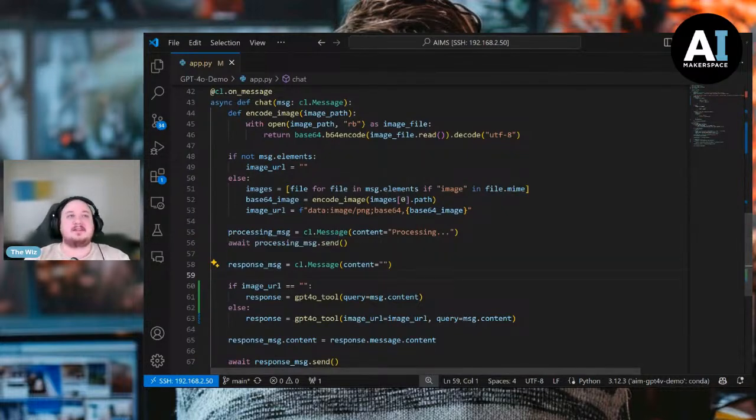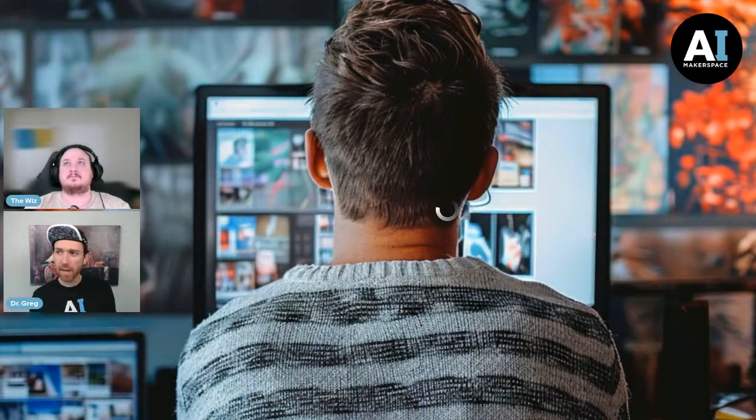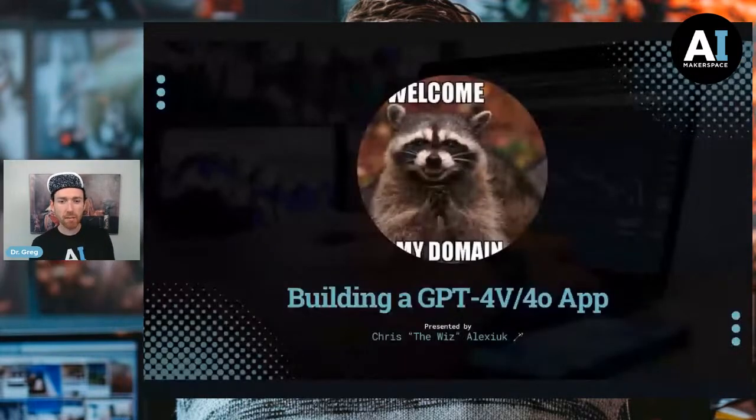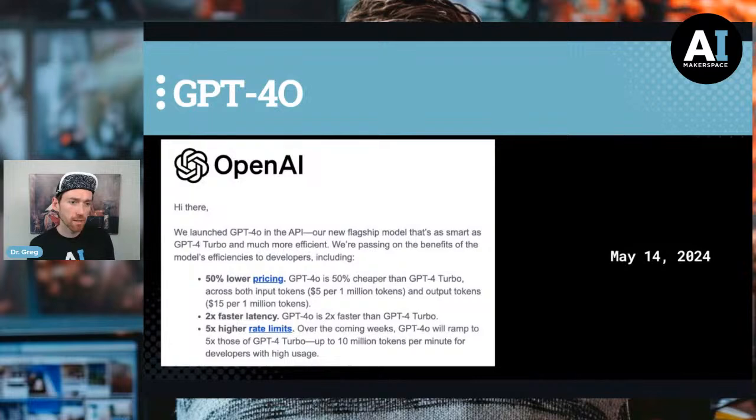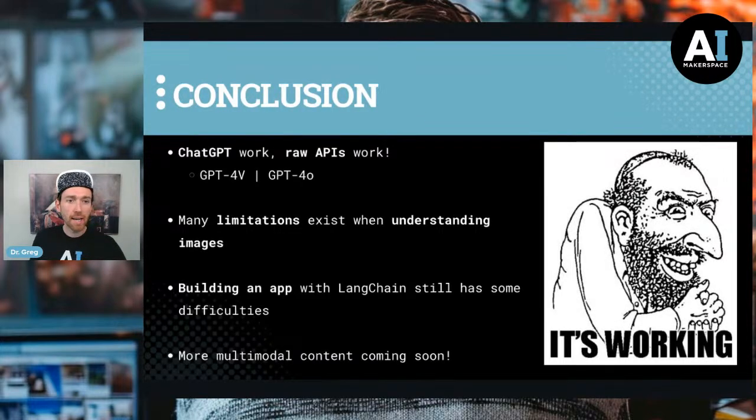So with that, we will head back to Greg. All right. So we found out just yesterday that we could leverage this GPT-4 Omni through the API. We've done some building with it today. We've done our best to compare it to the GPT-4 Vision. And we want to conclude with the fact that